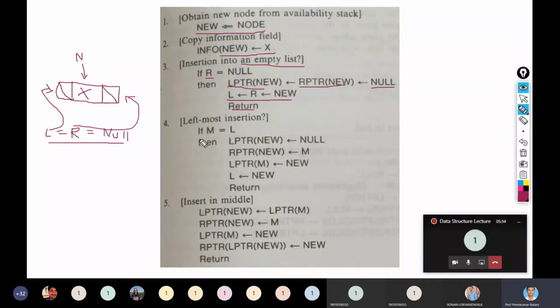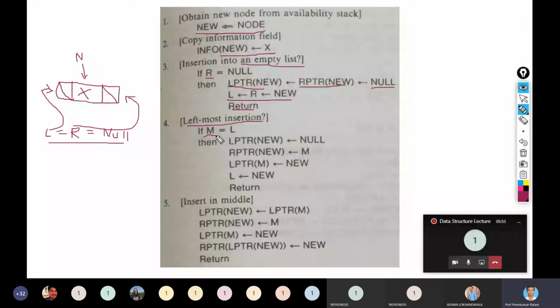Now, what if the node to be inserted is a leftmost insertion? So how do we know this? We are given the address of the node on whose left side we want to add the node.